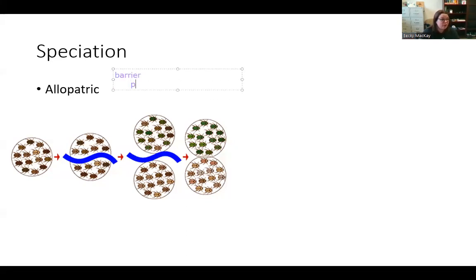Usually this is a physical barrier, but it can be a temporal barrier too. So here in this example, you have these beetles, they're brown. Now, over time, maybe it's a huge rainy season and there are floods. And when there's enough rain, you can create rivers. That's how we get rivers. And maybe this river stays around for a few years. Well, it cut that beetle population in half. We used to have them all reproducing, but now they don't.